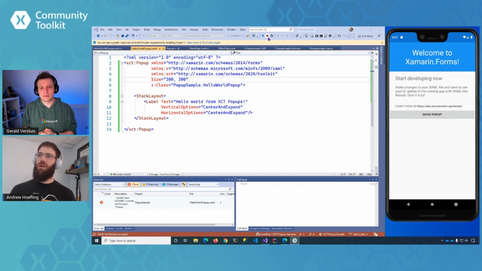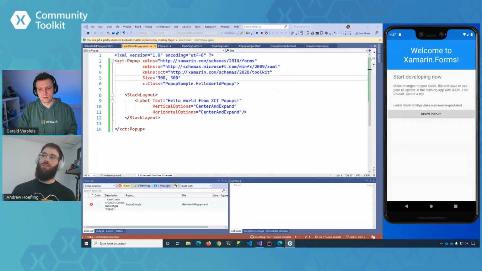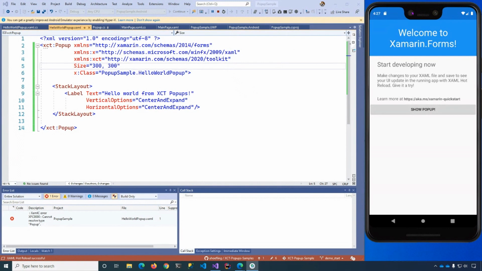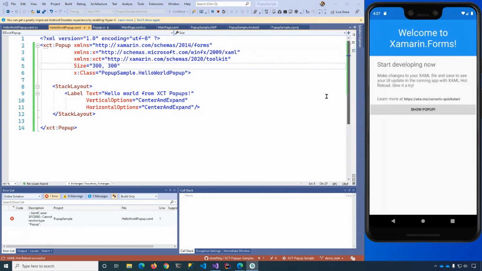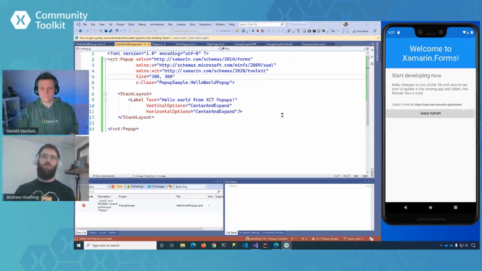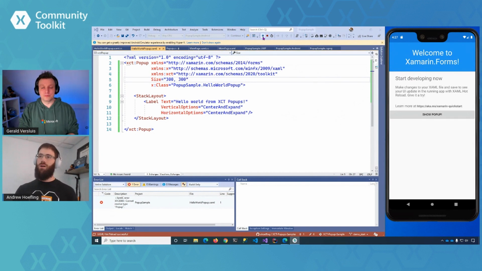Yes, and one of the biggest things that I noticed with the simulated pop-up is up here at the top, at least on Android, this area does not get dimmed. But when we do our pop-up, the entire screen gets dimmed. So there are some trade-offs. They both have their place in the community.